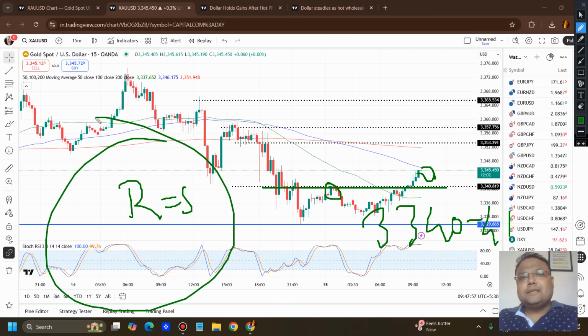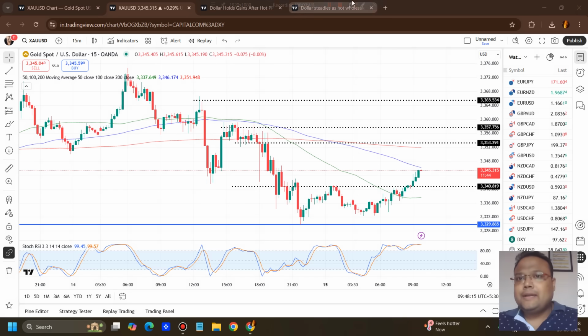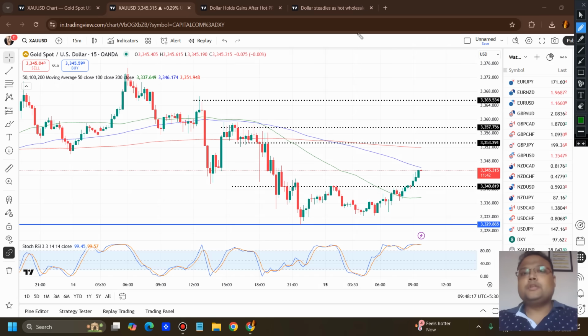If things remain like this, means we do not have crazy volume right now, we can expect 3340​41 to act as the new support. If you see the market is taking support, showing price rejection from below, you can hit the buy button. And if the market goes up like this, as a day trader...